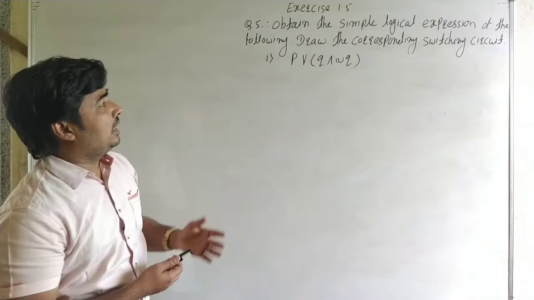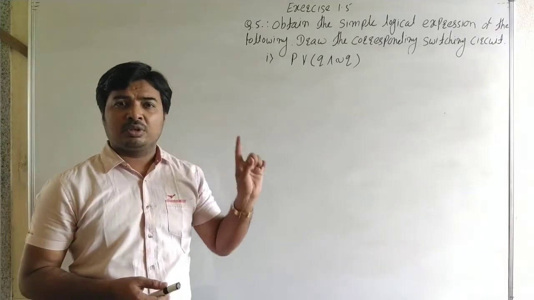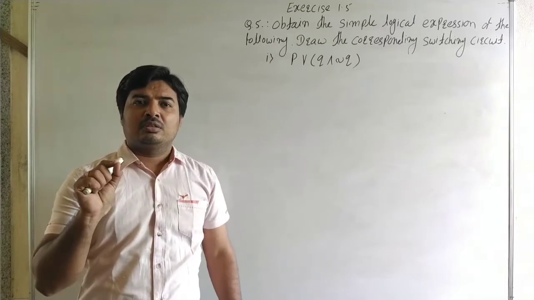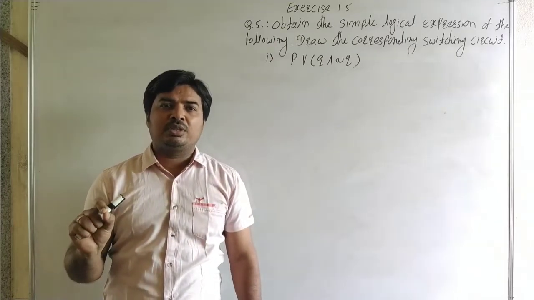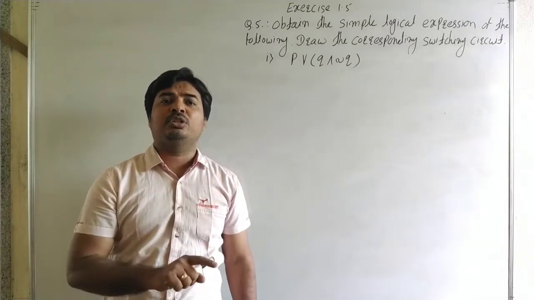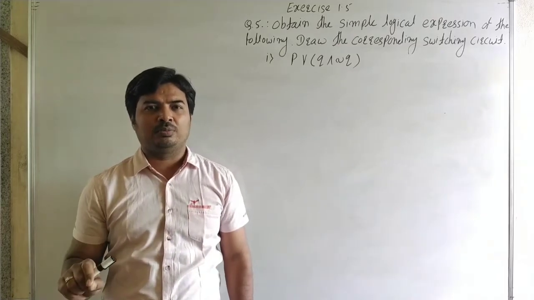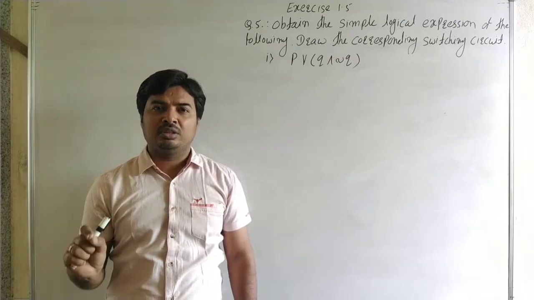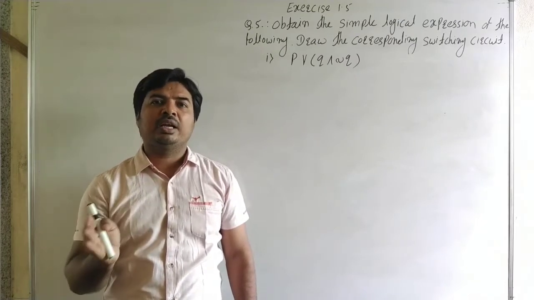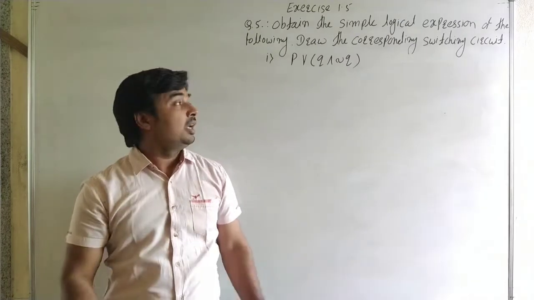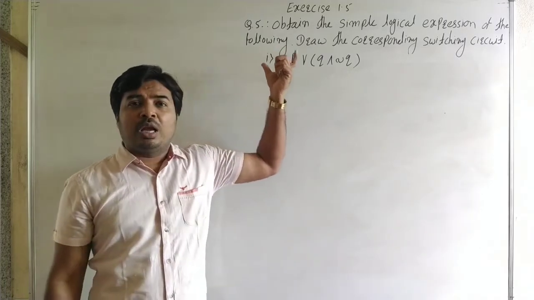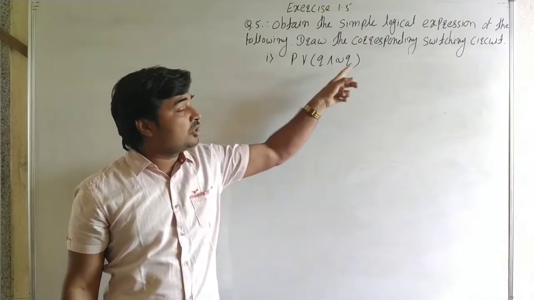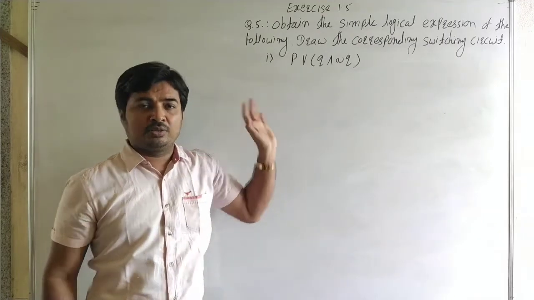Now the example is the same as in our lecture number 13. Show that the following logical expression is simplified by using the algebra of the statement, that means without using a truth table. First watch carefully our lecture number 13, algebra of the statement and the examples without using truth table. Now here we apply the algebra of the statement on this logical expression to simplify it.